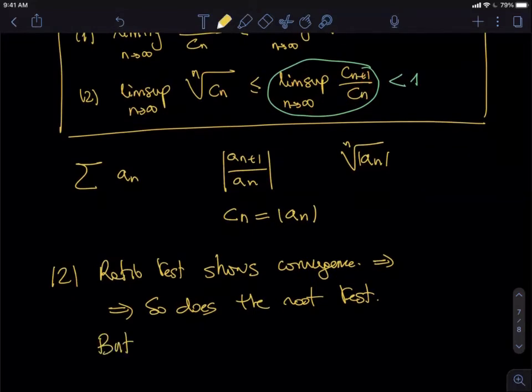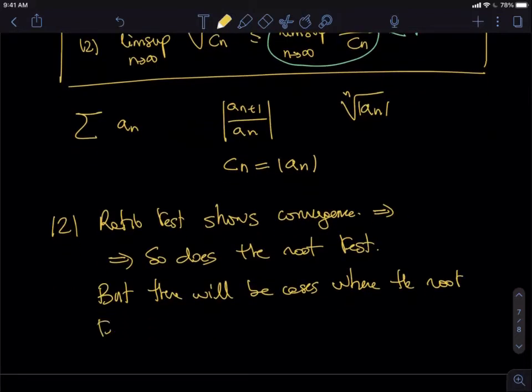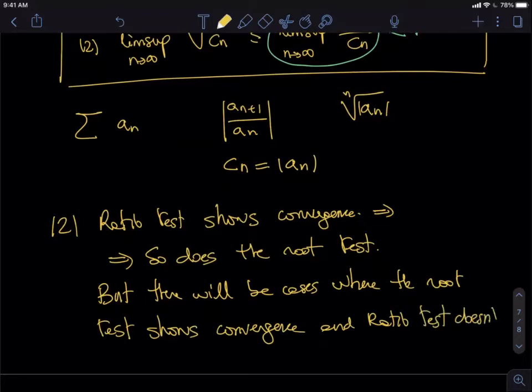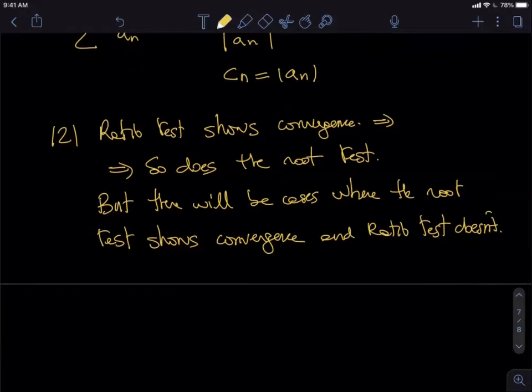that there will be cases where the root test shows convergence and the ratio test doesn't. Now, whenever the root test is inconclusive,